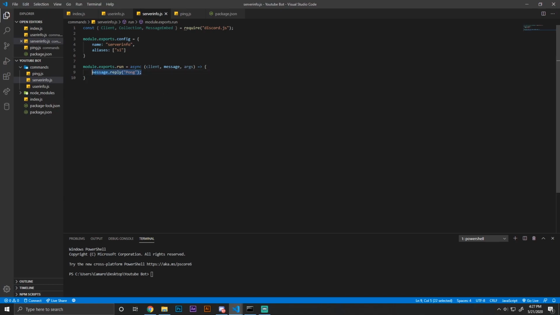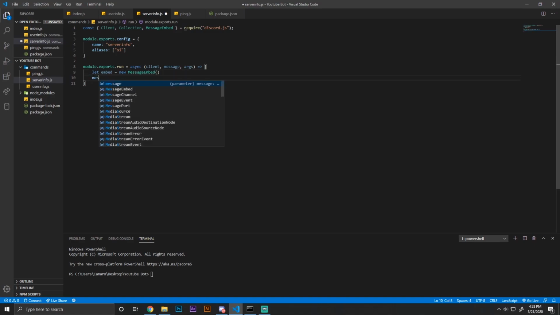So, we're going to go ahead and get into creating the message. We're going to do let embed equal new MessageEmbed. Now, we're going to get all the roles that the server has, and we're going to display them a little bit to see kind of what the server is. So we're going to do